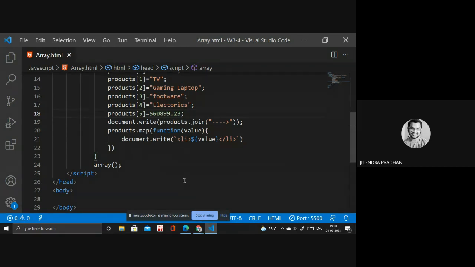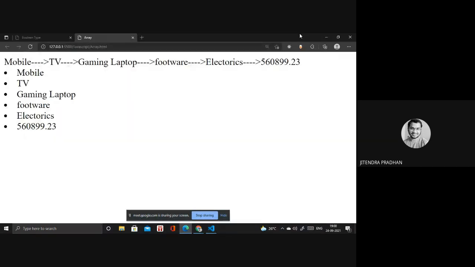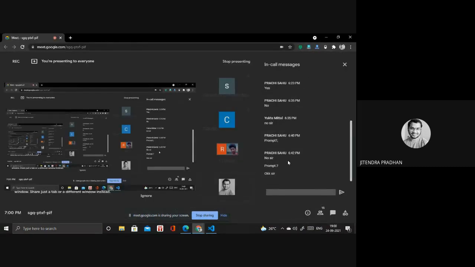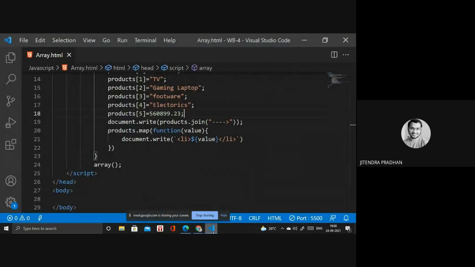Okay, so basically map, we are using for in that if we have much data inside that array. If you want to read the value or print the value, then you need to use a function, that's the map function. I hope you got this point. So next we have filter.